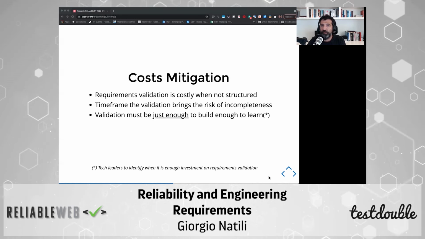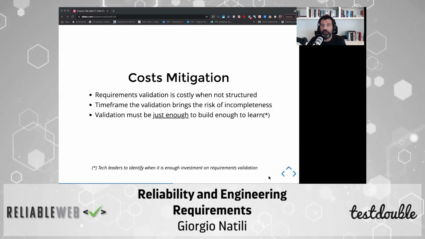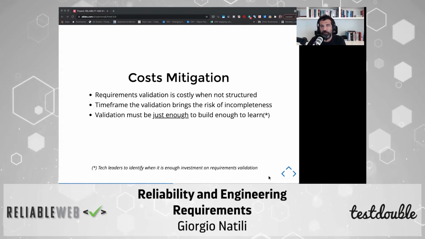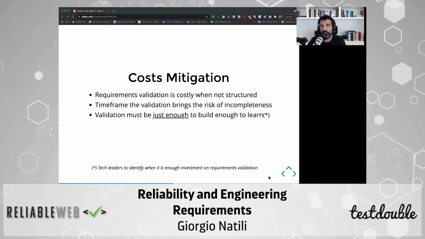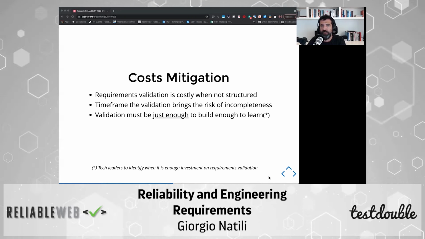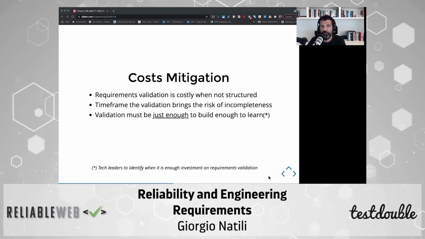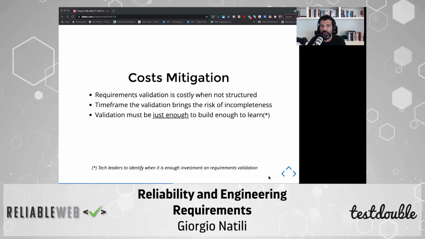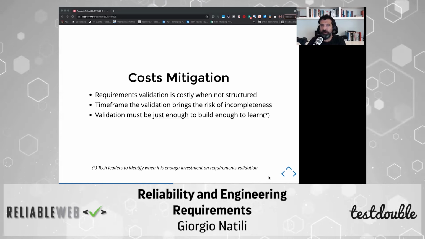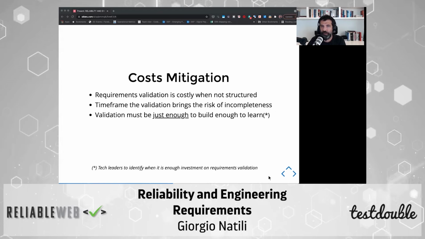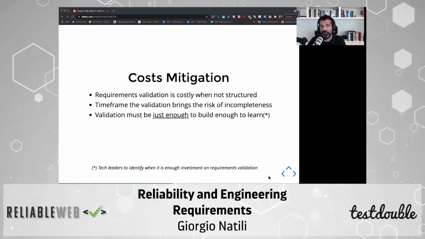Requirement validation can be extremely costly. To mitigate the cost, try to make it structured and not free form. Always identify the goals that you want to achieve. Identify when you should stop digging into a situation or discussion and step back. Time frame your validation to achieve the best you can in a very specific amount of time, but don't let the time framing kill you.